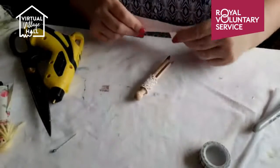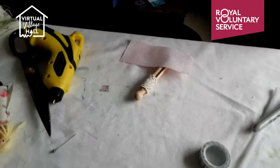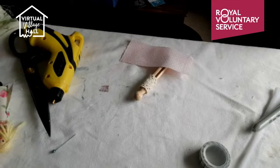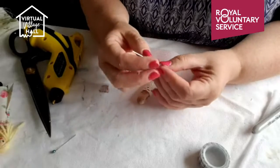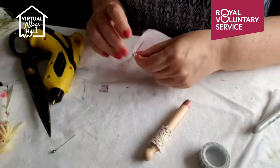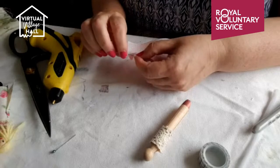Now bear with me and let me see if I've got a needle already threaded. As it so happens, I've got a little bit of thread on this needle, so this might be enough. You'll have seen me doing this before where you gather things when we've done flowers and all sorts of things, but if you want to gather something, the easiest way is to just put a bit of thread in and then double